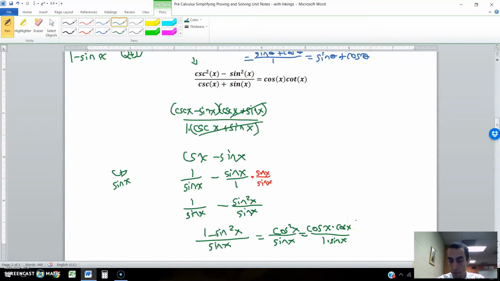Next up. Pause just a second. We're almost there. What I'm going to do now is I'm going to point out that we can basically unmultiply two fractions. If we were to multiply this fraction times this one, we would have the previous step. So it's okay to go the other direction too. Now this cosine of x over 1 is cosine of x. This, according to the reciprocal identities, or the quotient identities, is cotangent of x, which is